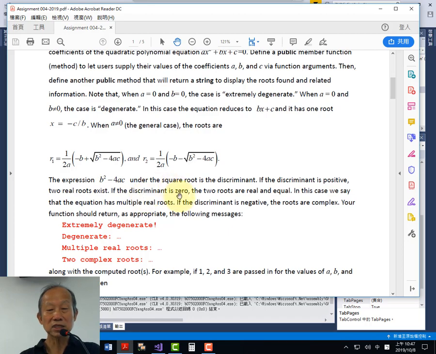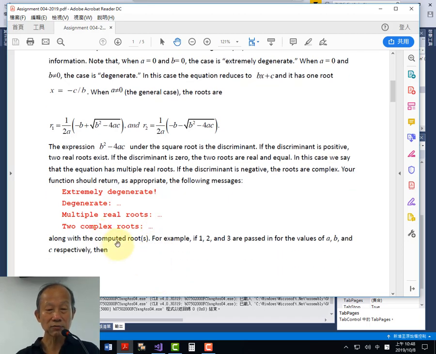If the discriminant is, 应该讲哈 is zero, right 啊，那 the roots are real and equal 啊，那就是 duplicate root，两个实数哈。If in this case we say that the equation has multiple real roots，就是那个 multiple real root 哈。那 if the discriminant is negative 啊，the roots 呢 are complex，就是得到一个 complex root 哈。Your function should return as appropriate the following message 哈。哦，这个 case 是 extremely degenerate，啊，这个 case 是 degenerate，啊，这个 case 是得到 multiple real root，那是得到 two complex root，好，就把这区分下来哈。那 always compute 这个 root。